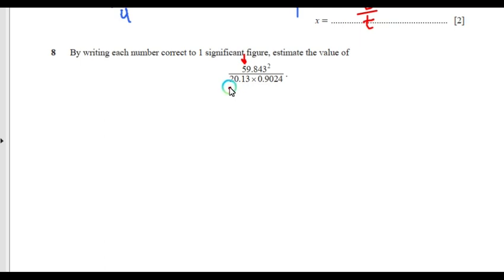Similarly this one, and this one. The first zeros are not considered significant, so that's why the first significant figure will be this for the third number, right? So converting into one significant figure, this will become 6 because the digit after 5 is 9, which is greater than or equal to 5. So it becomes 6, and this is the whole number, so it becomes 60